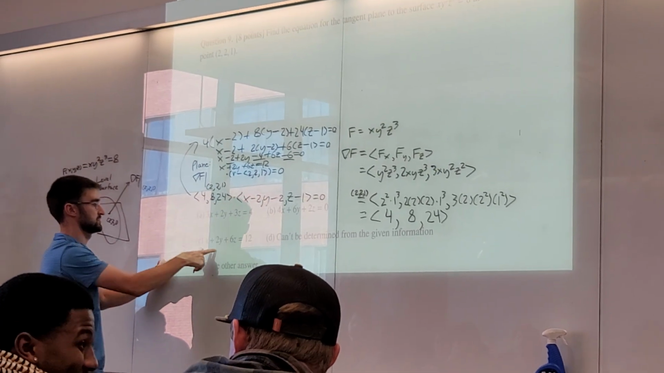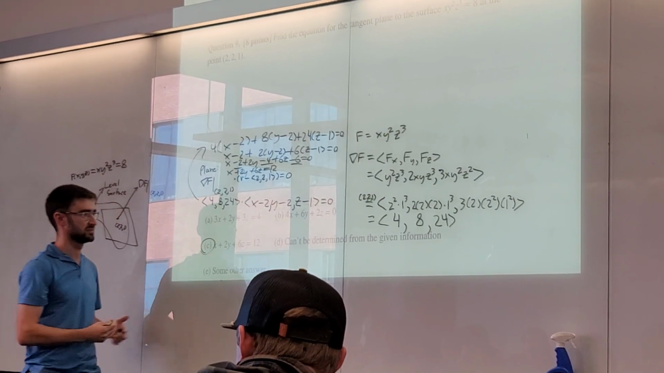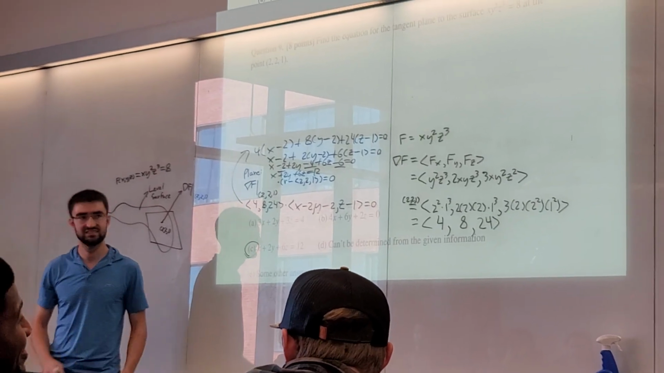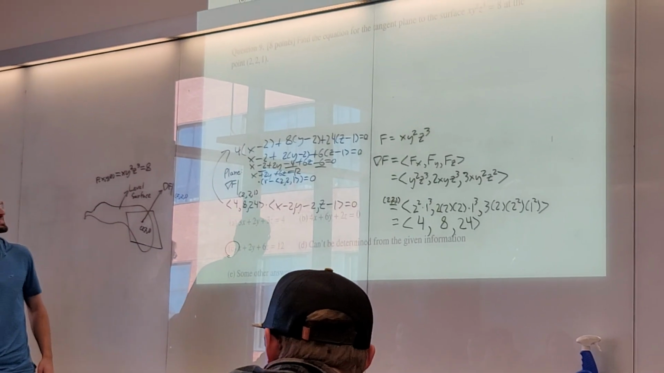So x plus 2y plus 6z equals 12, so it's C. Can you just look straight at that vector and see that that number is like a scalar multiple of